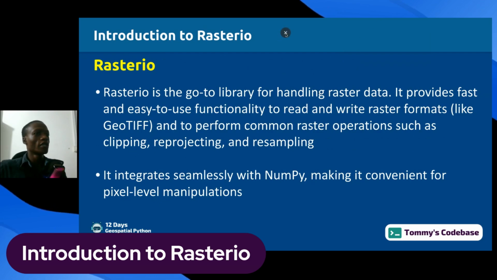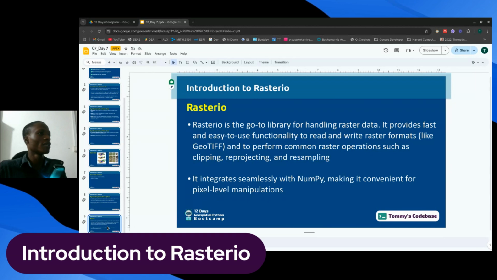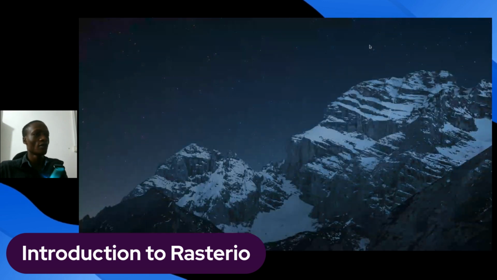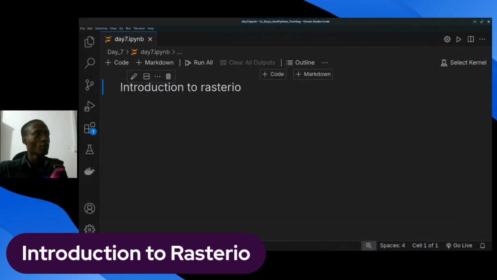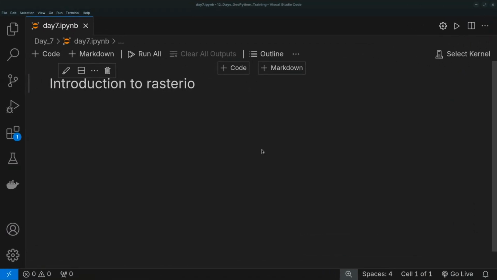Okay, I think that should be the end of our slide. So let us go into VS Code and then see how we can work with raster datasets. Let me go to full screen. And let's first